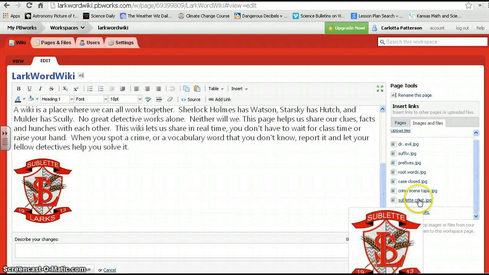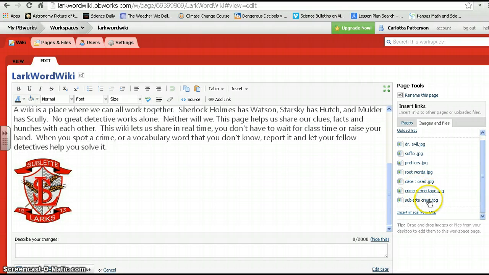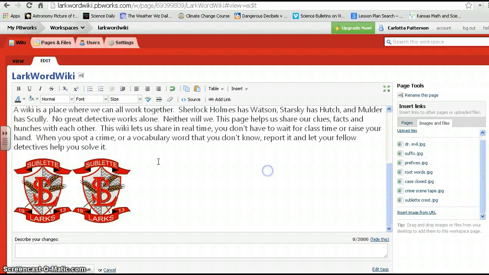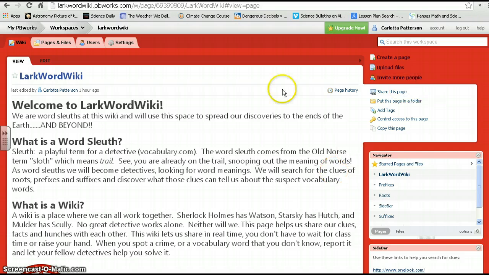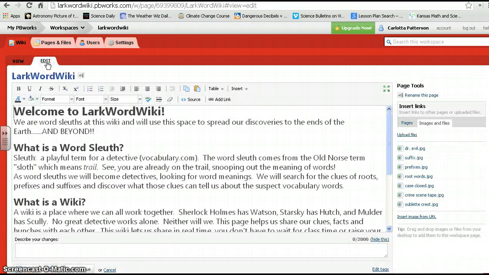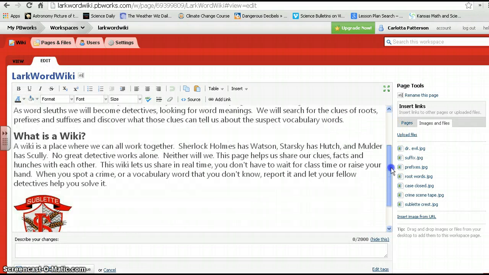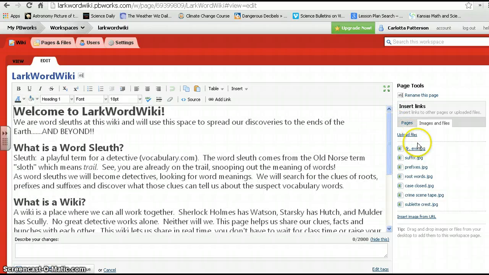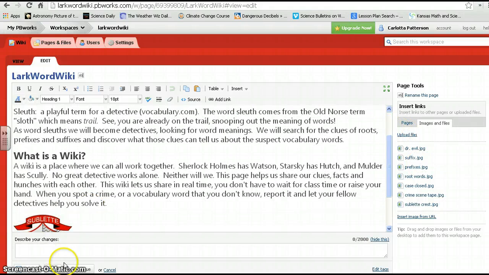If I select that and click over here, I can just drop it right there into my page. If I cancel that, it goes away. So back in the edit screen, you can see that that's how. And then always I have all of my uploaded files here to choose from. So that's great. And then at the bottom of this page, I can click Save